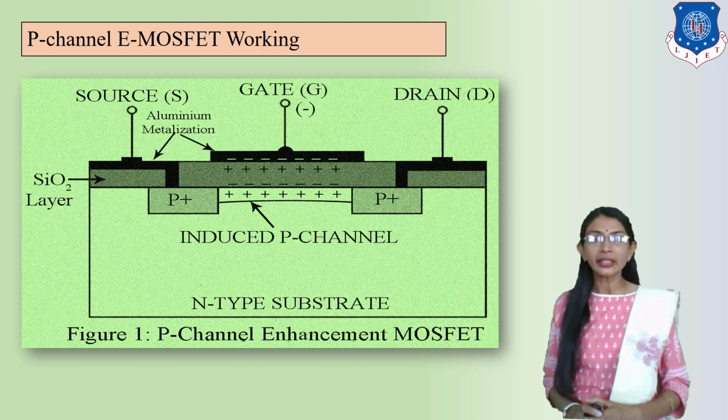Because holes are collected near the SiO2 layer, the induced channel material will become P type, positive holes. So a P type channel will be created in the N type substrate between drain and source. There is a small layer known as the created channel or enhanced channel. Thus,